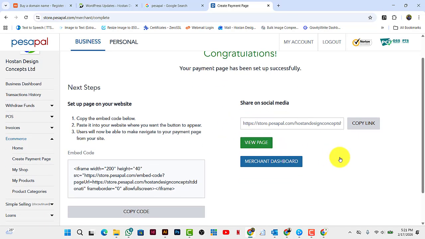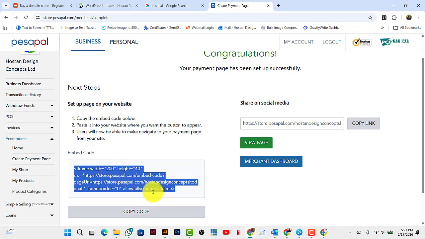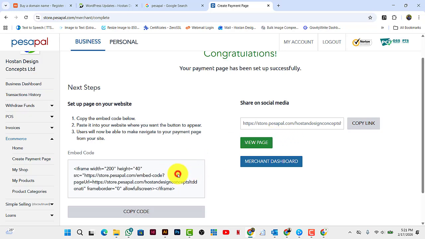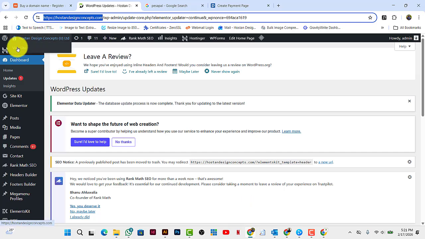Okay, so you can copy this code if you want to embed the donate button in your website, but I would advise using this because it's better. You simply copy the link, go to your website,